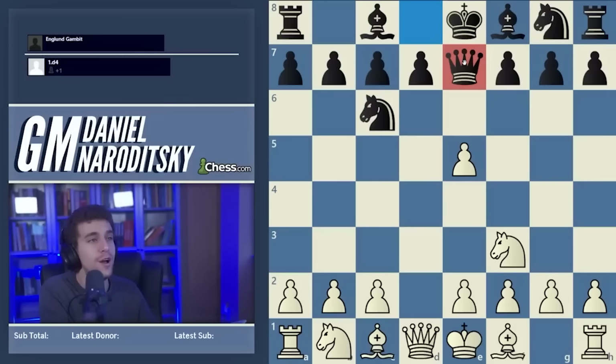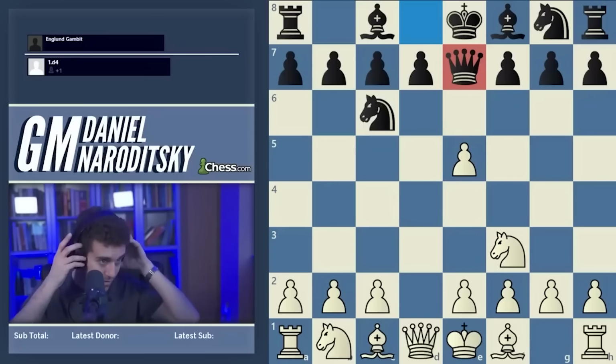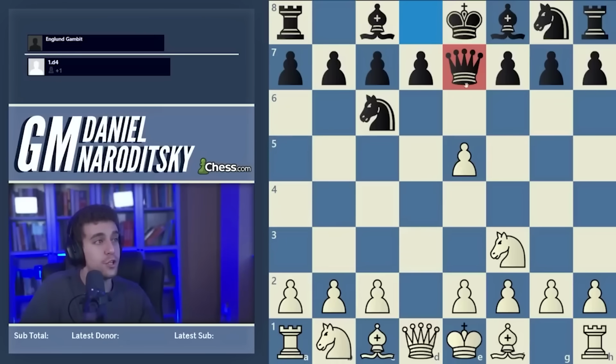And Betinš was a great coffeehouse player, I think, of the early 1900s. He also developed the Latvian Gambit. Actually, that's why it's called the Latvian Gambit, in honor of Karl Betinš. So queen e7 is the move that you really have to know backwards and forwards, but we still have to